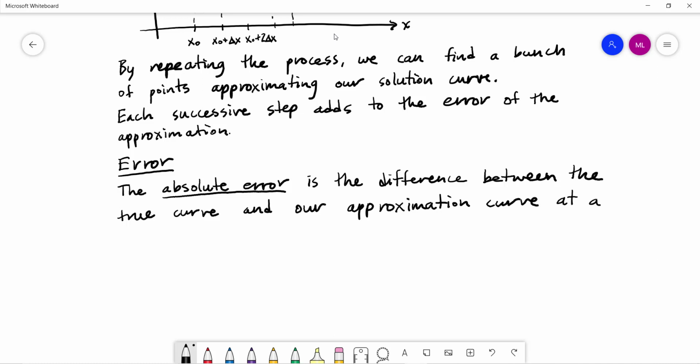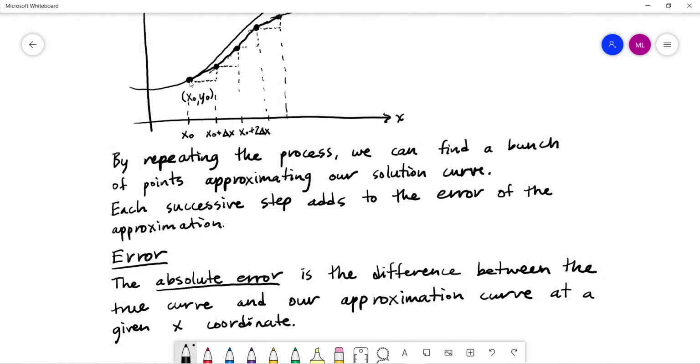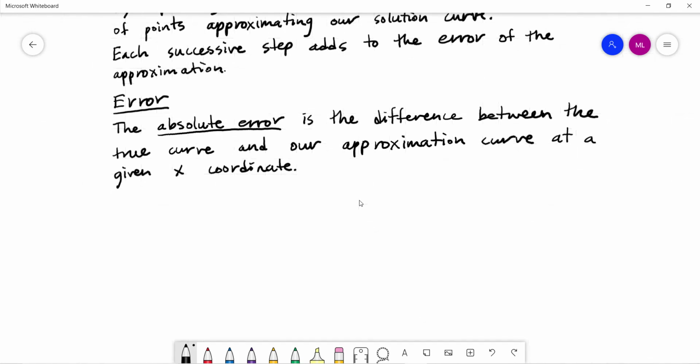At a given x coordinate. And I'm suggesting that over time, more often than not, this absolute error will increase as we go from our first point that's right on the money to the next point, to the next point, to the next point. Our error will get bigger and bigger and bigger. But